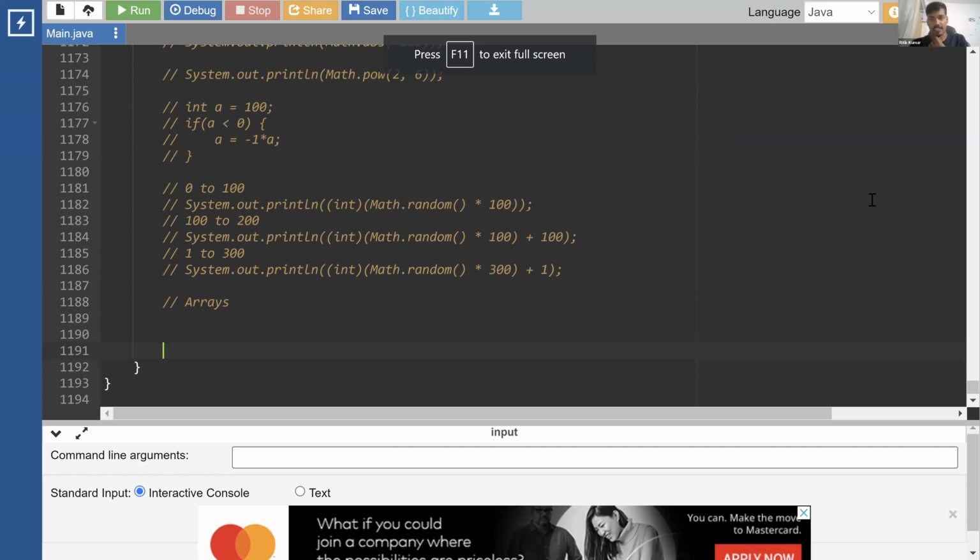So what is an array? Why do we actually need it, right? What is the problem that we are trying to solve using arrays? So let's say